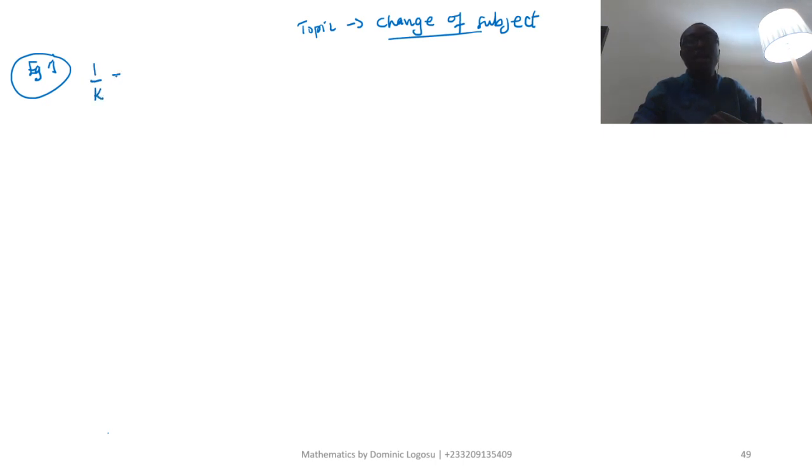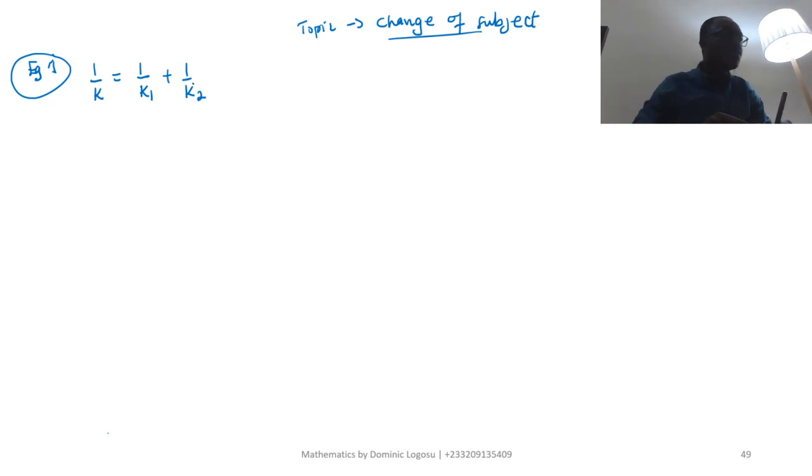So our topic for today is change of subjects. We want to look at the very first example. The very first example for change of subjects will be if I have 1 over k. I believe most of you have seen this. If I have 1 over k equal 1 over k1 plus 1 over k2,